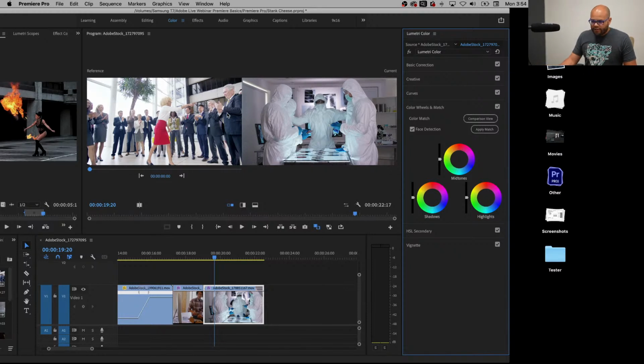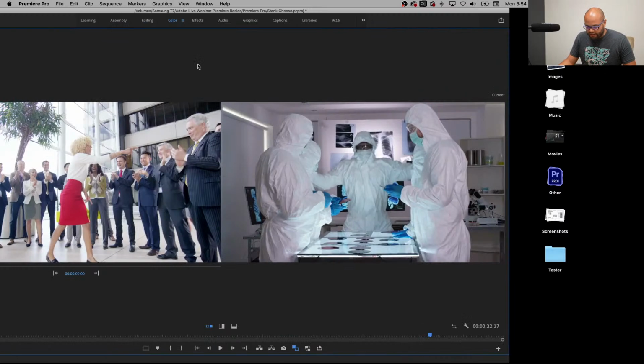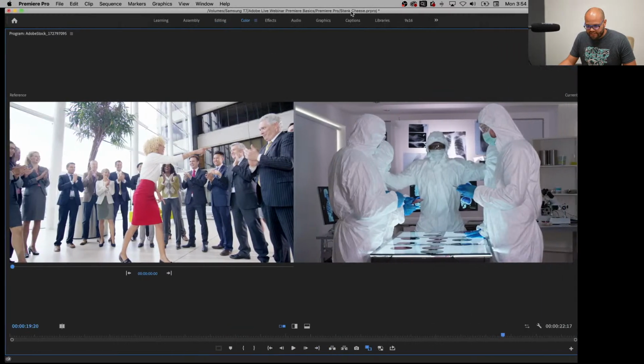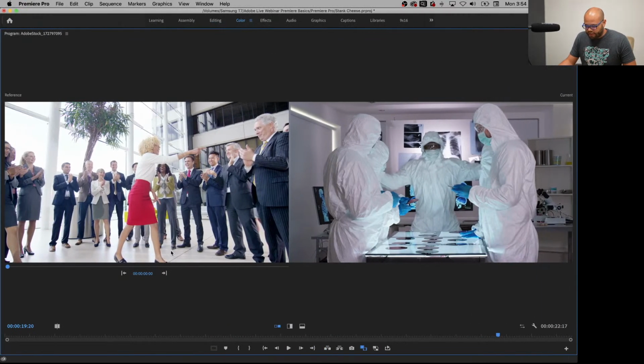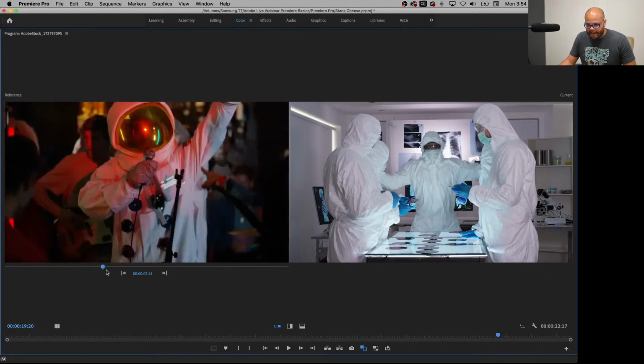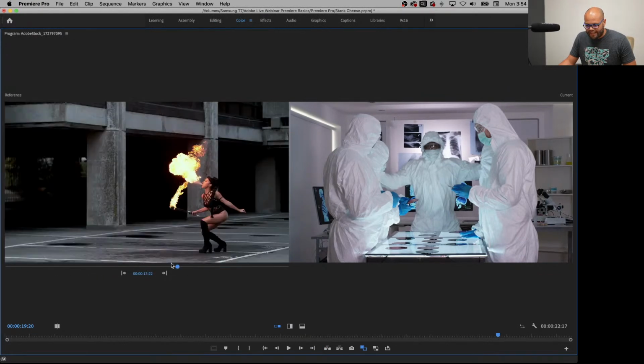Okay. Within comparison view, we have two different windows that we're looking at. We're looking at the reference and we're looking at current. If I were to make this bigger, you can see this. Reference and current. Reference is looking at the timeline, and if you notice, this is exactly